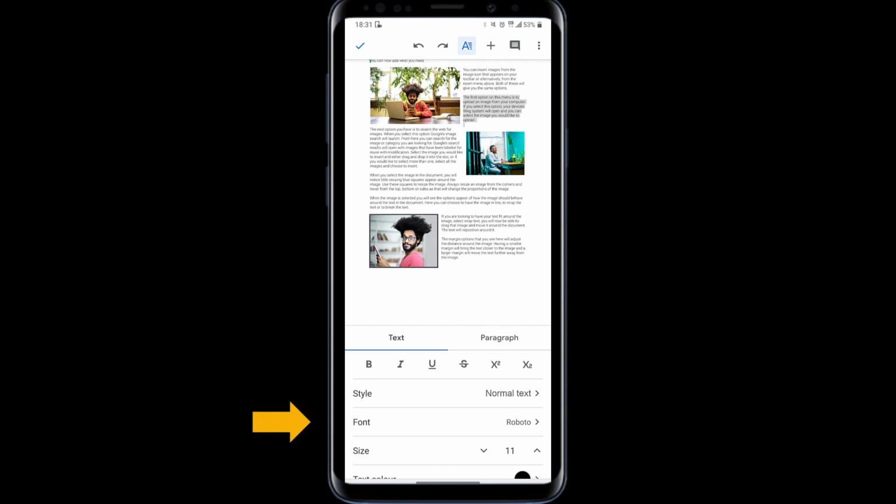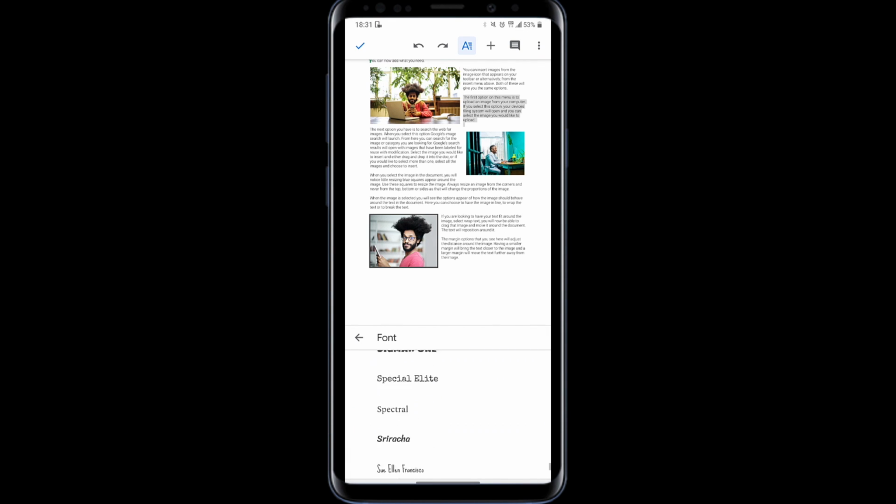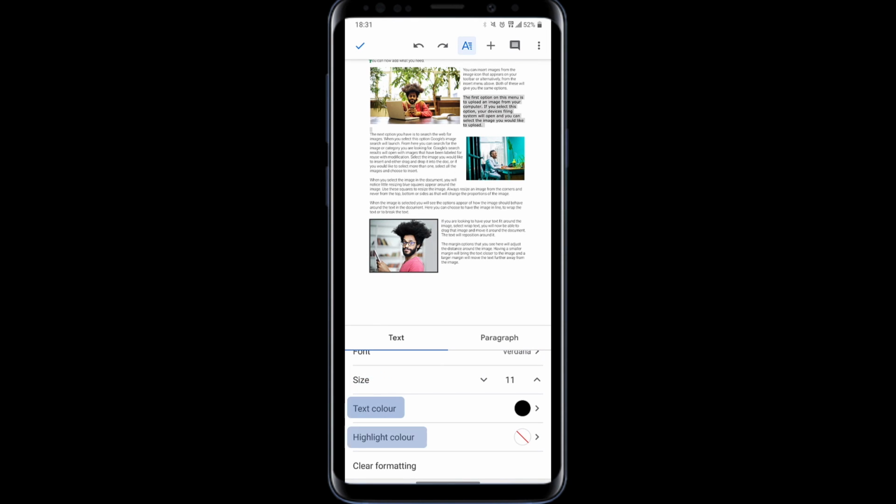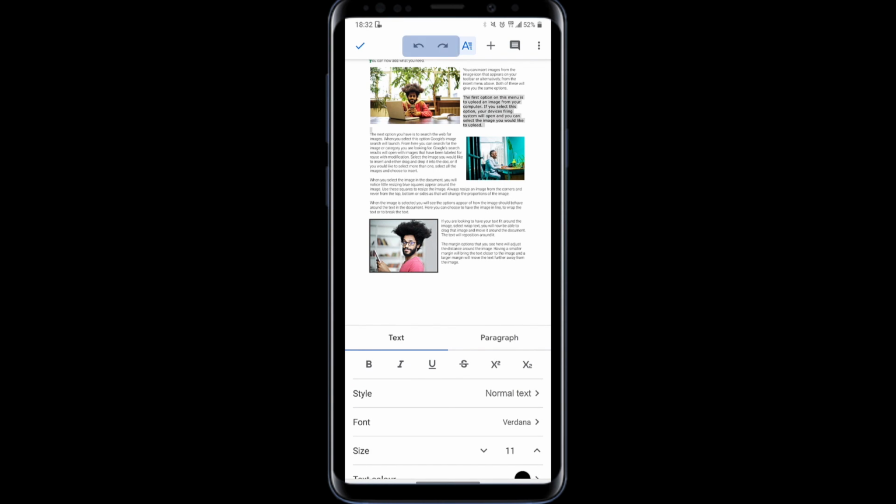If you select font, your font options will appear, and you can choose one of the fonts that have been added to your font library. You are also able to change the font size, the text or highlight color, or remove formatting should you need to do so. At the top of your Google Docs screen, you will also see the options to undo and